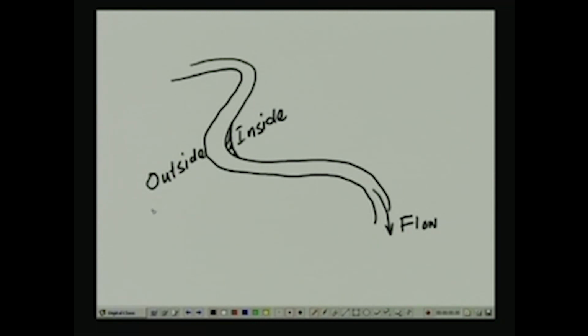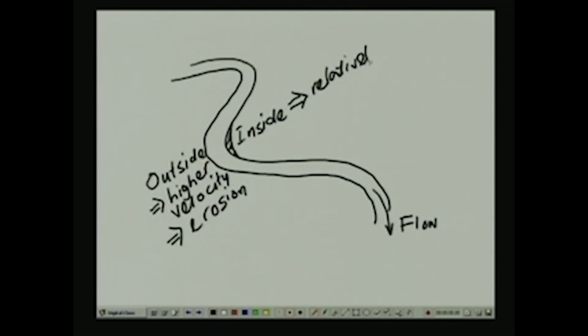Here you have higher velocity, and that often triggers erosion, and what you have on the inside is relatively smaller velocity, and this triggers deposition,